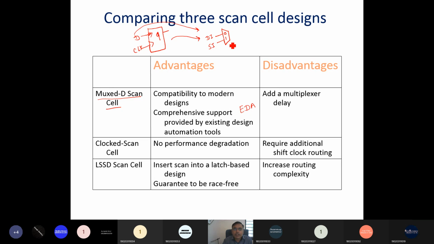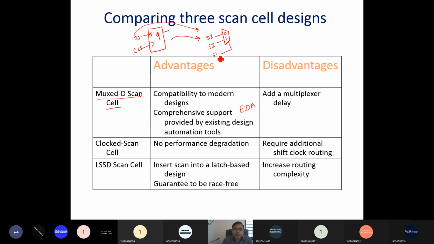So it separates when we want to use it for testing or when we want to use it in normal mode. The same flip-flop can function in the normal mode as well as in the testing mode, right? There is no need to add any extra hardware for the testing purpose. So in scan design, that is another advantage. It utilizes the internal storage element as DFT logic. It does not add extra DFT logic, just a 2-to-1 mux is added in each storage element.